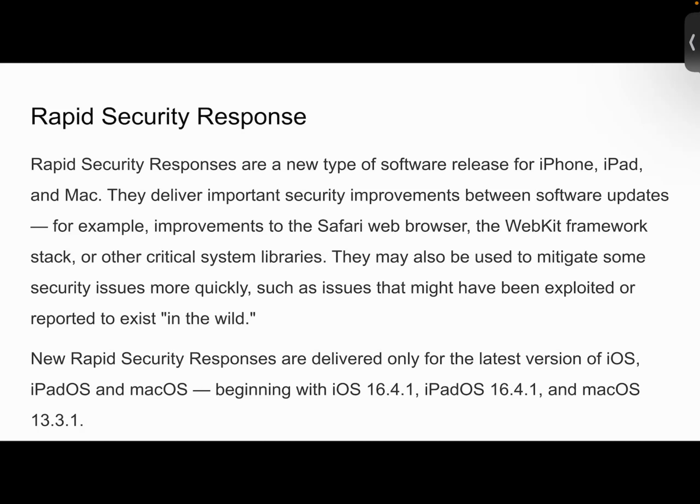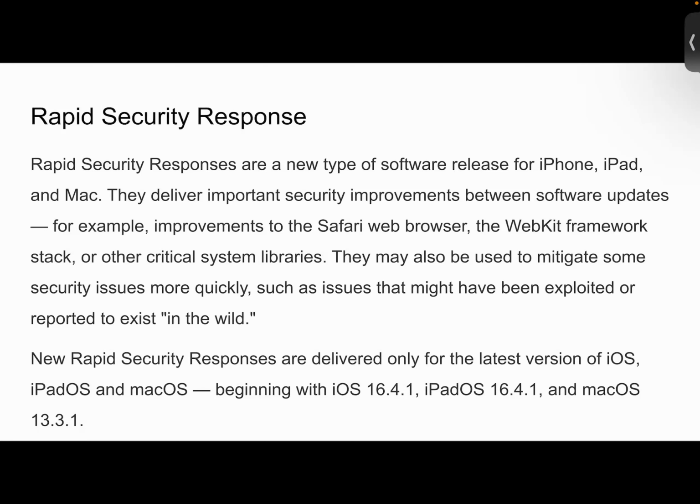They may also be used to mitigate some security issues more quickly, such as issues that might have been exploited or reported to exist in the wild. So within all of the iPads or iPhones or whatever device, when people report it, that's the purpose of having these Rapid Security Responses.